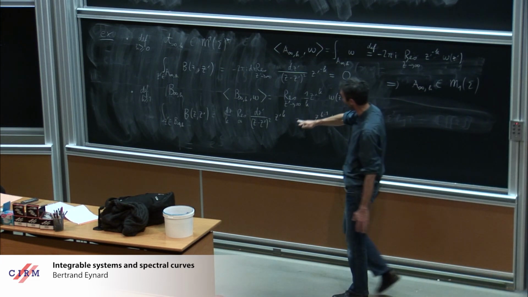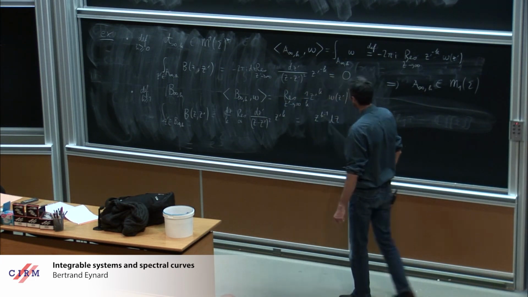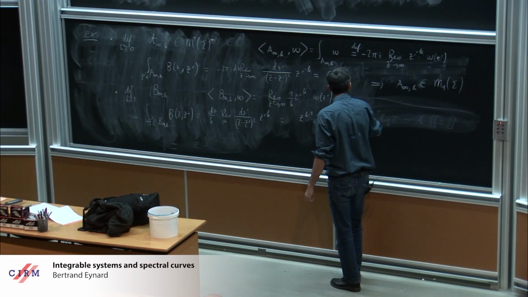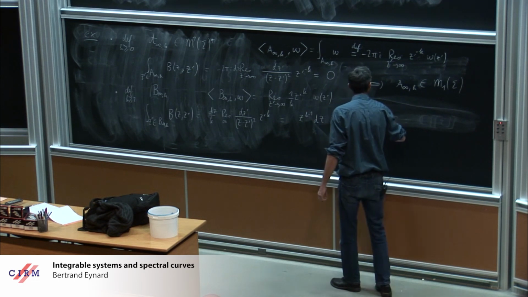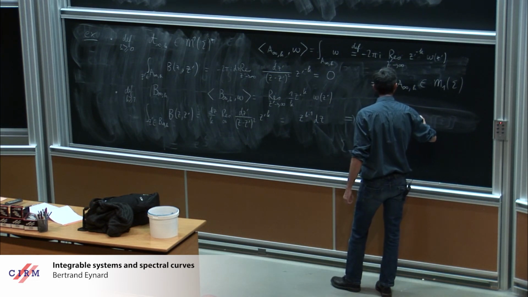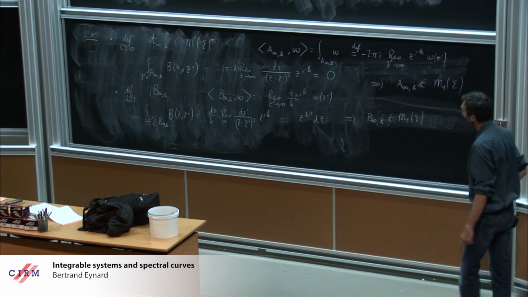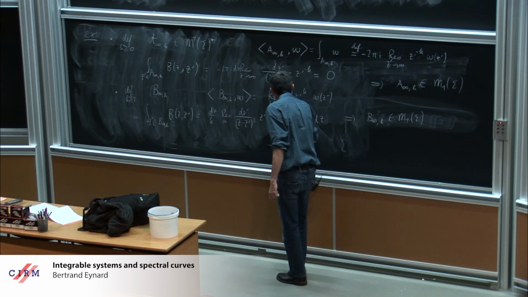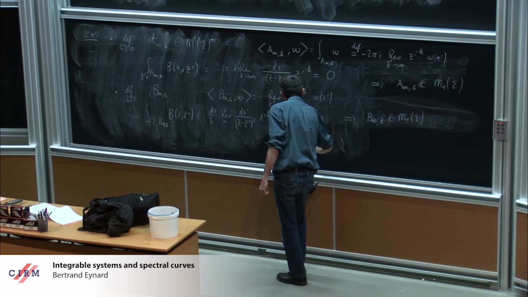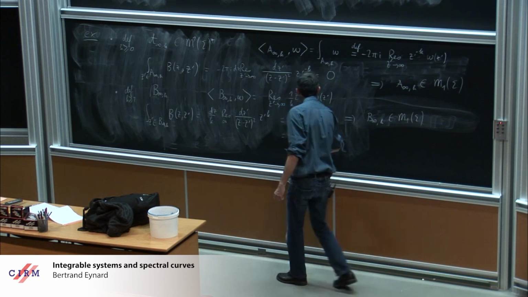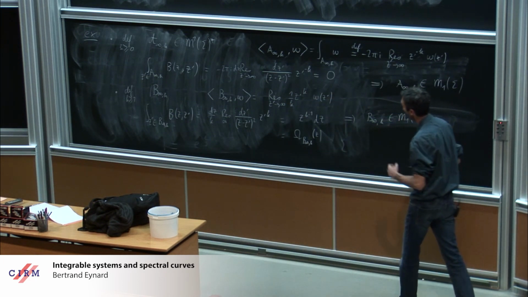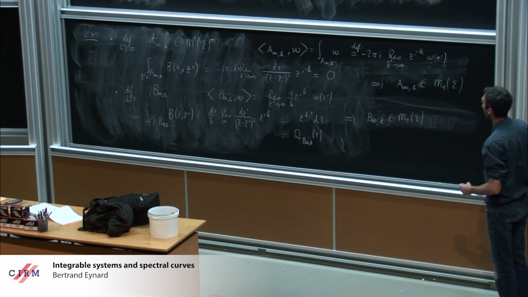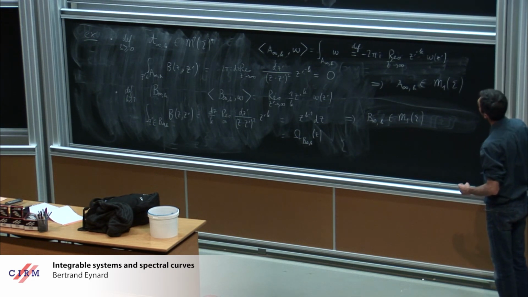It is a meromorphic one form. It's a simple residue computation. I mean, you just do the expansion of 1 over z minus z prime to the square, which means that B infinity k belongs also to M1 of sigma. But now this one gives something non-trivial, and this form is what I called B infinity k of z. So it's that form. It's that one.